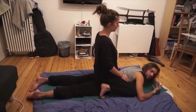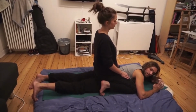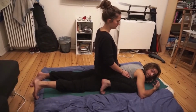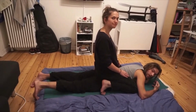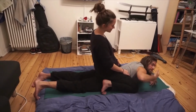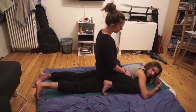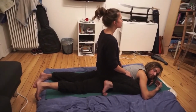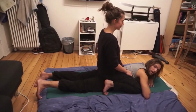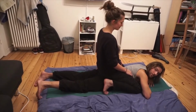Okay, so we've switched roles here, and that's because this technique requires a lot of strength. So it's very important, if you want to have an option in this position, to really focus on doing a lot of high jumps and really try to bring your knees up towards your chest when jumping. That's gonna help you with this technique. So basically my focus is gonna be to bring my knees all the way up to my chest. Doesn't have to be all the way in actuality, but that's gonna be my